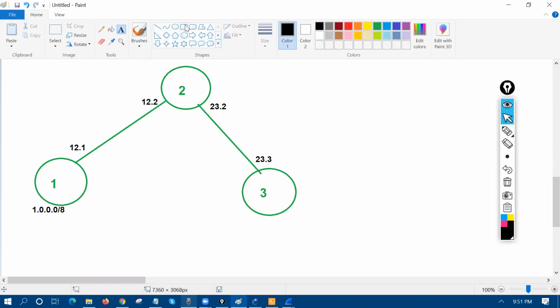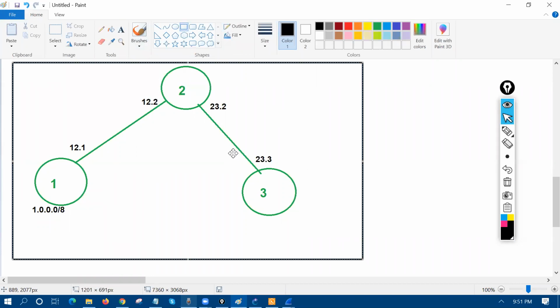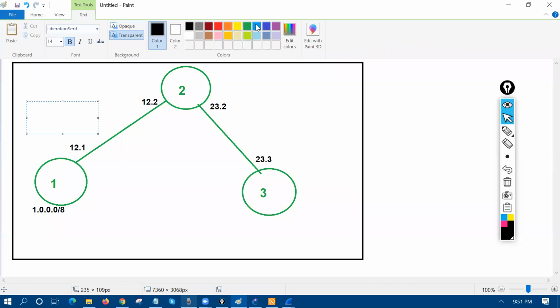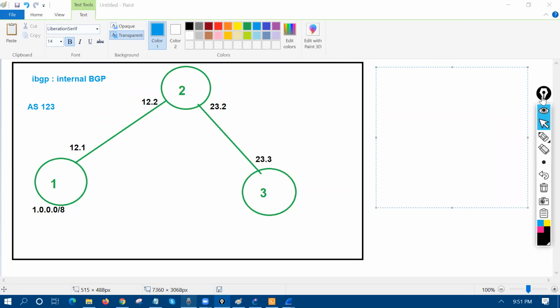So guys, all these routers are running with the same AS number, so we can say the AS number is 123, right? So we have an IBGP connection, and IBGP is also known as internal BGP, right? In IBGP, the IBGP split horizon rule